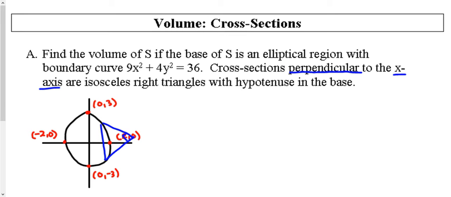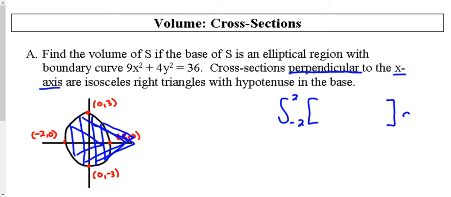So we're going to have a bunch of these triangles that are on here, and they're coming out here to give this thing its solid shape. And they go from one side to the other side. If we could find the area of one, then we integrate from negative 2 to 2, and it adds up the area of every single one of them and gives us the volume. So I know I'm going to integrate from negative 2 to 2, and I want to do it in terms of x. I want to find the area of one of these triangles, and I'm going to integrate that